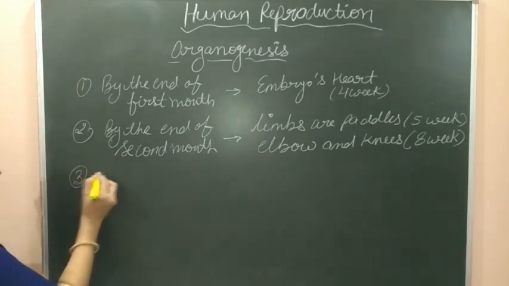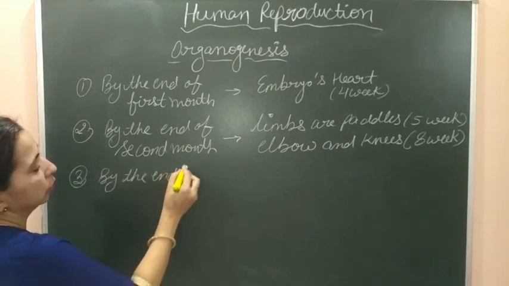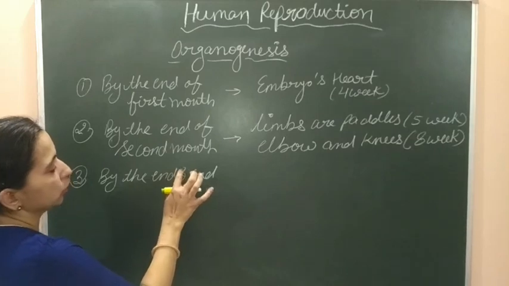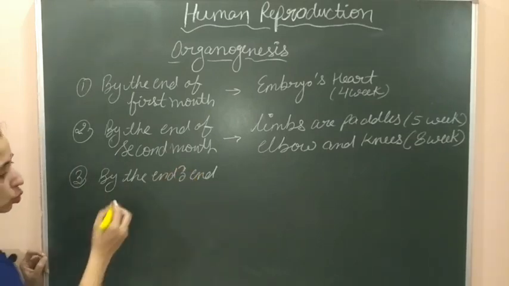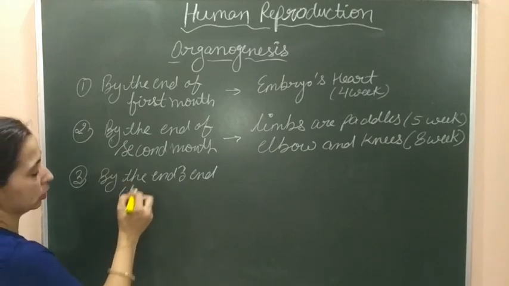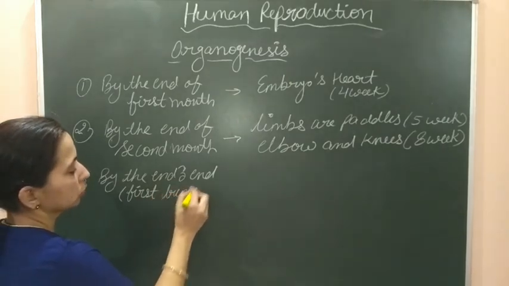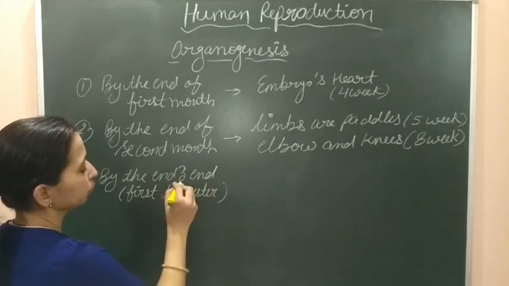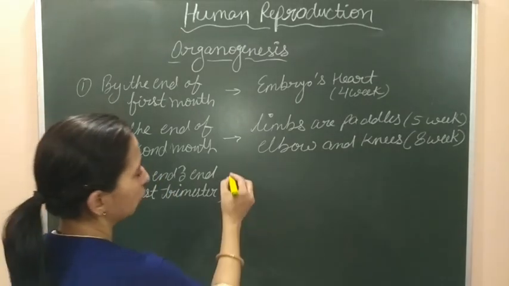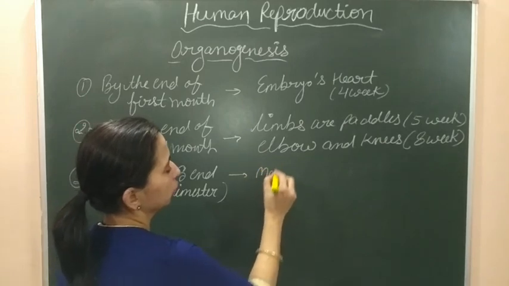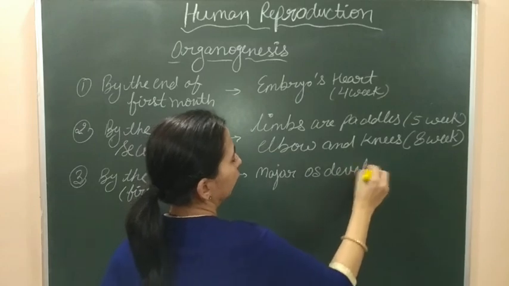Now let's see, by the end of the third month, क्या changes होंगे, and this 3 month time is also known as a trimester. So we can say that this is the first trimester. First 3 months complete हो गए तो इसे हम first trimester भी बोल सकते हैं. At the first trimester, the major organ systems are developed. जो major organ system थे वो develop होना शुरू हो चुके होते. They are formed.